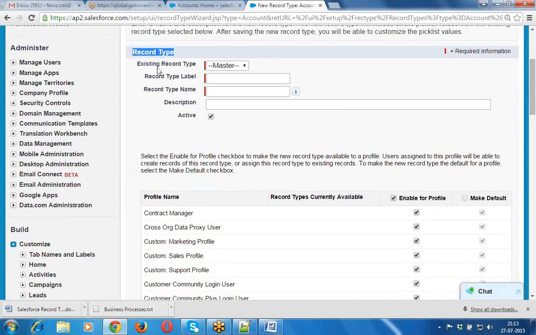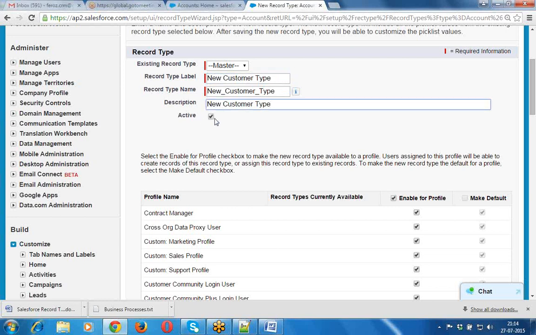The existing record type is master, so no need to select anything. Record type label, what is that record type label? I want to use new customer type. Okay, new customer type. So here I'm giving that new customer type.